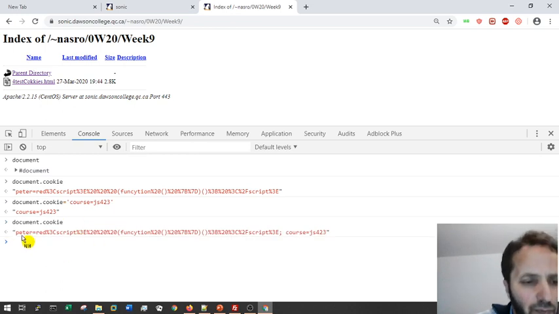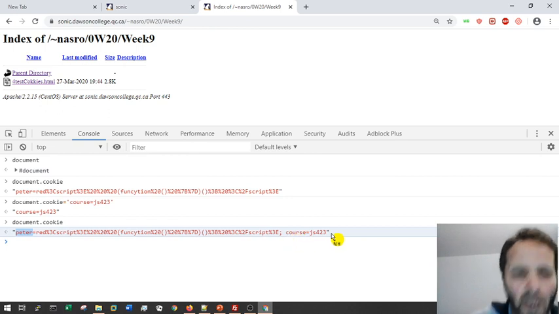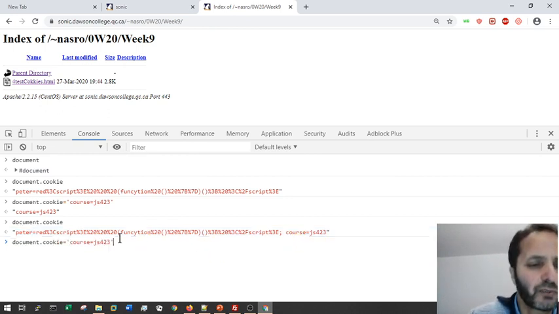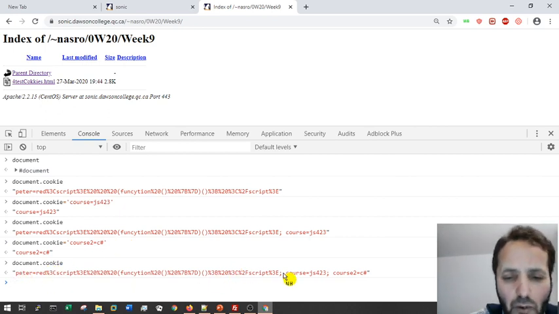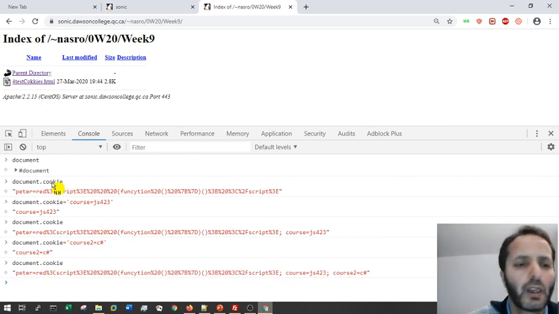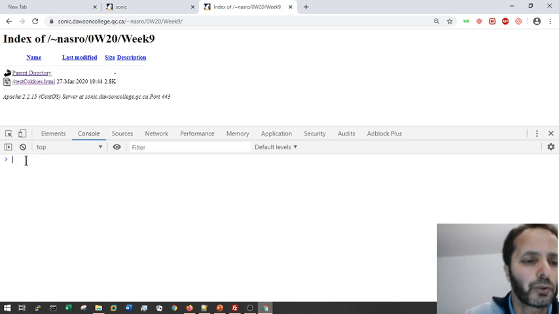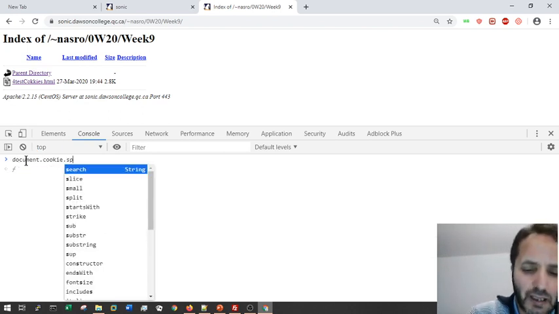So I have field value semicolon field value. So I have two cookies here. I can add another one just for the sake of giving an example: course number 2 and C#. And list all my cookies, and I have one very long one, semicolon, a second and a third. Now to read your cookies, this is how you do document.cookie, and since they are separated